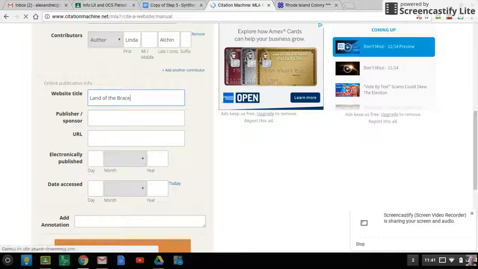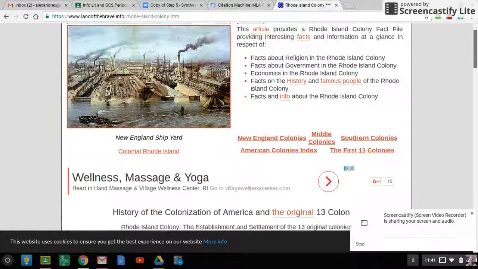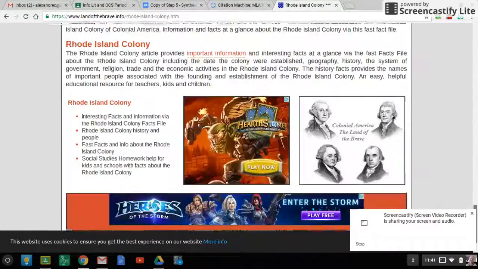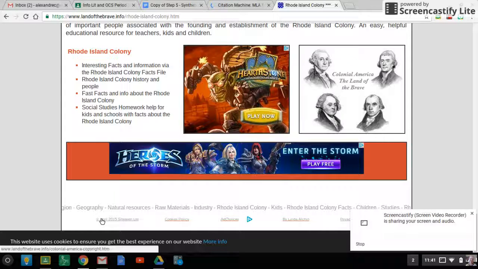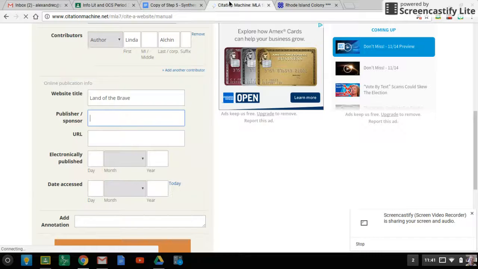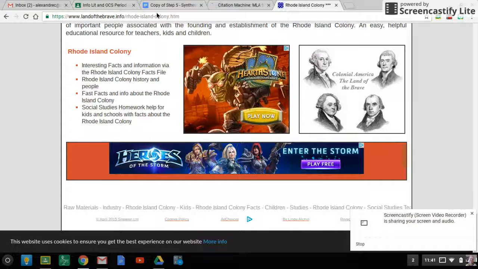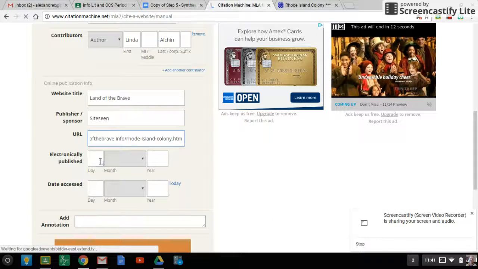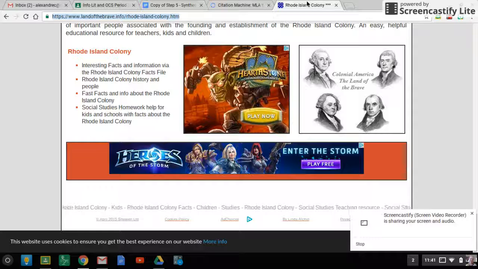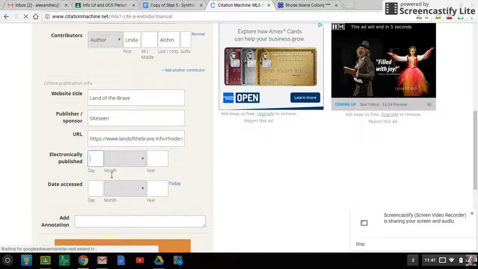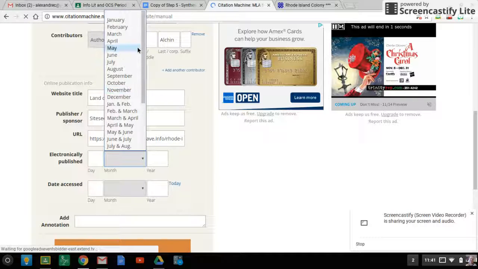So we would type in Land of the Brave, and it wants to know if there's a publisher. Usually you can look, it's usually in small letters and it's usually towards the bottom and it is usually near this little C because that means copyright. So it looks like Sight Seen is the publisher. So we would type in that. And then the URL is just the link. So up here, you just copy the link, paste that in, and then it wants to know the date that it's electronically published. So we look, it says April 2015, and that's usually down at the bottom too. If it doesn't say the day, you can just put the month